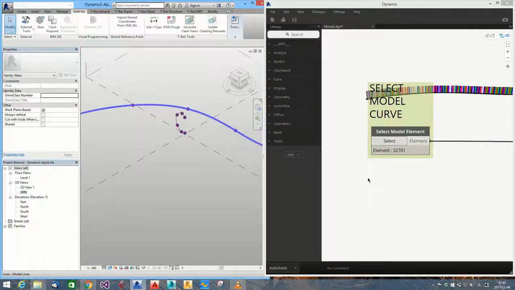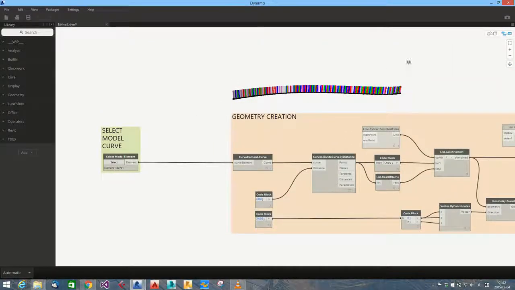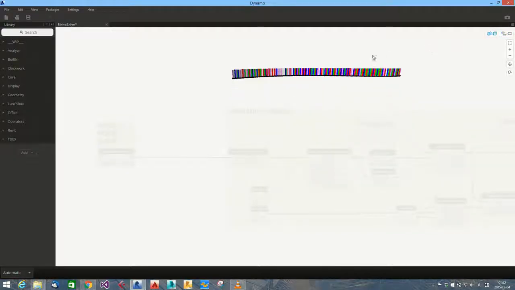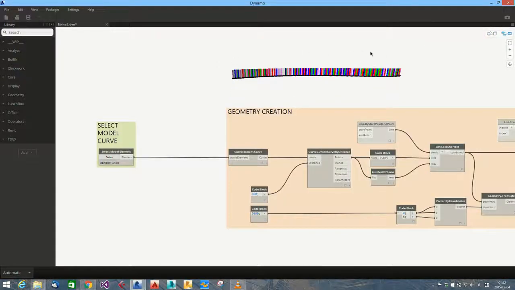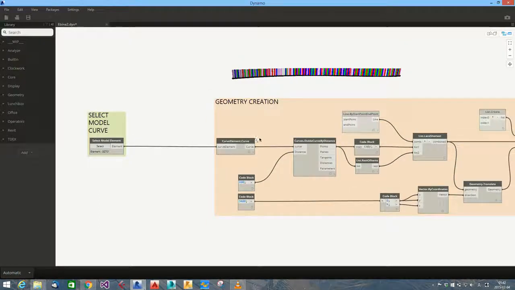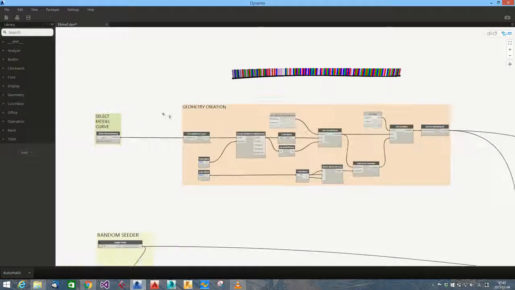So, okay, here we are. Here's our result for the exterior panel layout creation. It's only one row of panels. After selecting the curve, it will automatically go to our geometry creation, which in this part will be creating our panel. So we have here the curve,